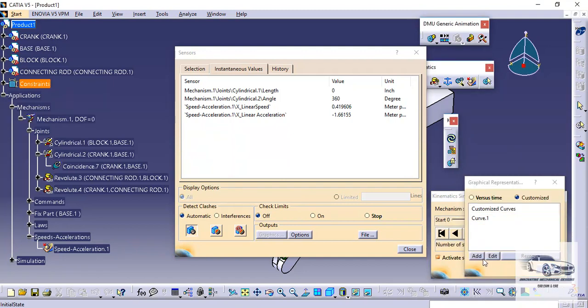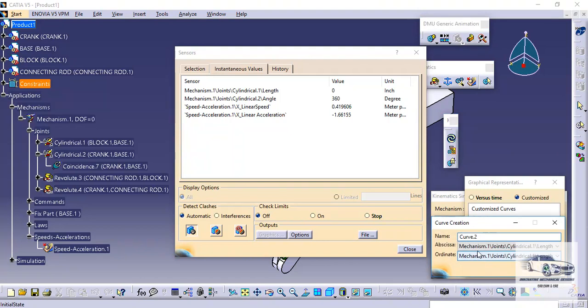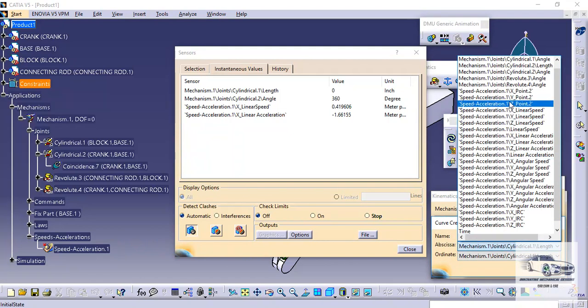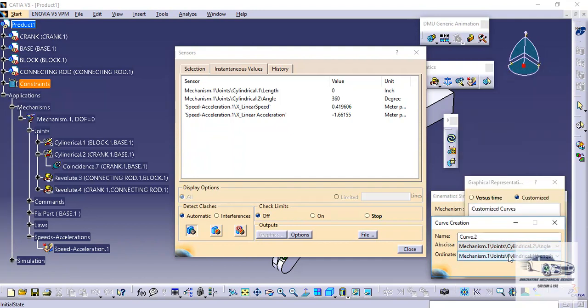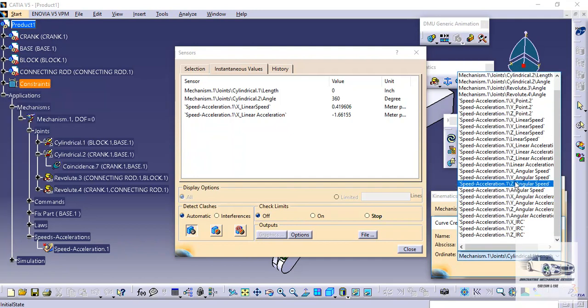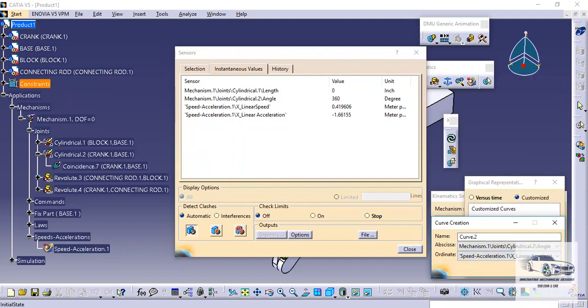Okay, then again I will add a new curve. Same, I will select cylindrical 2 joint, angle, and for ordinate I will select the speed acceleration, linear acceleration. Then OK,